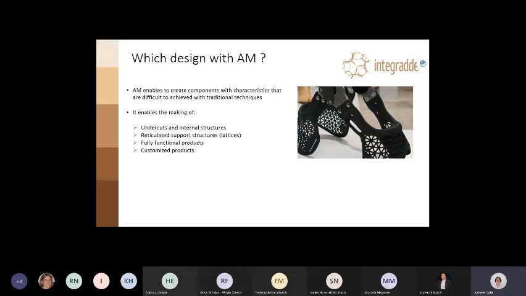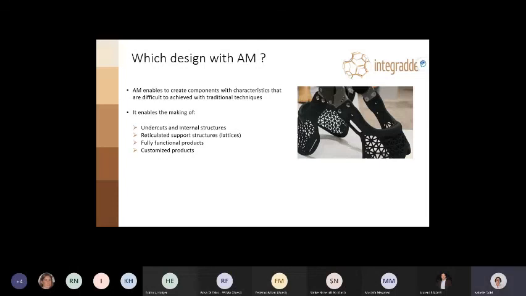So additive manufacturing enables the creation of complex geometries with undercuts and internal structures, while in traditional production techniques, it's necessary to create subgroups and divide the artifact into workable pieces to obtain the same geometry. So the design is very interesting.